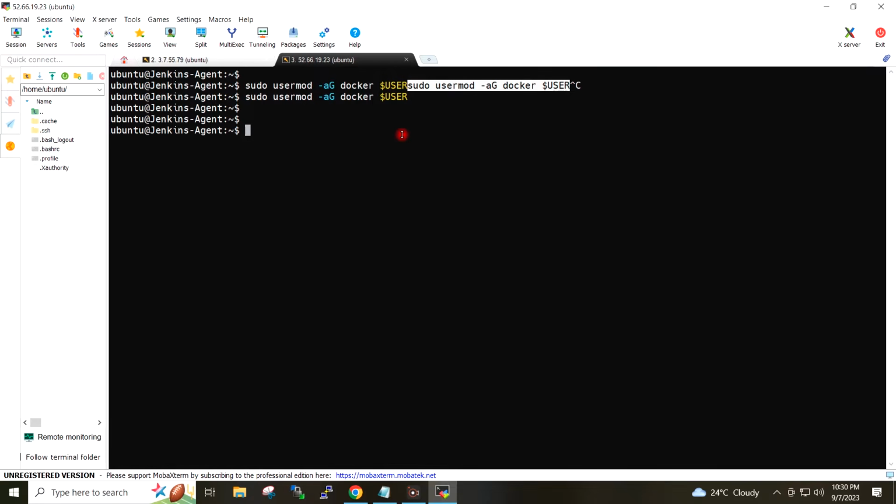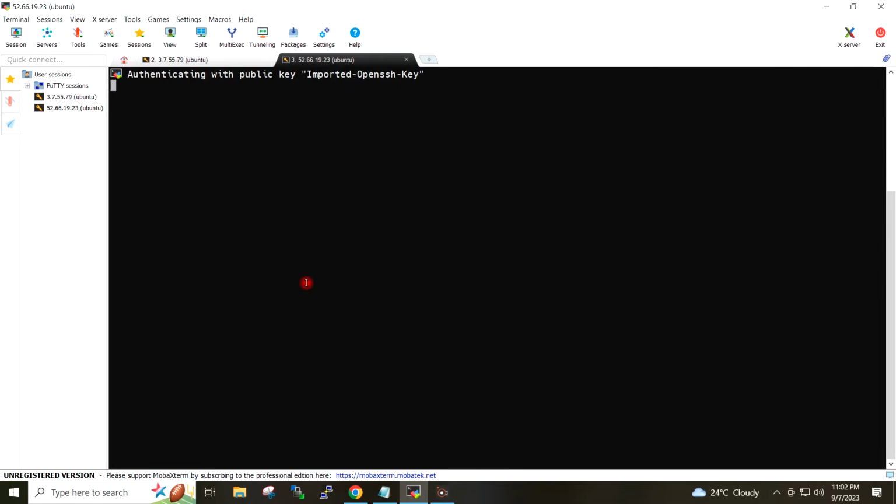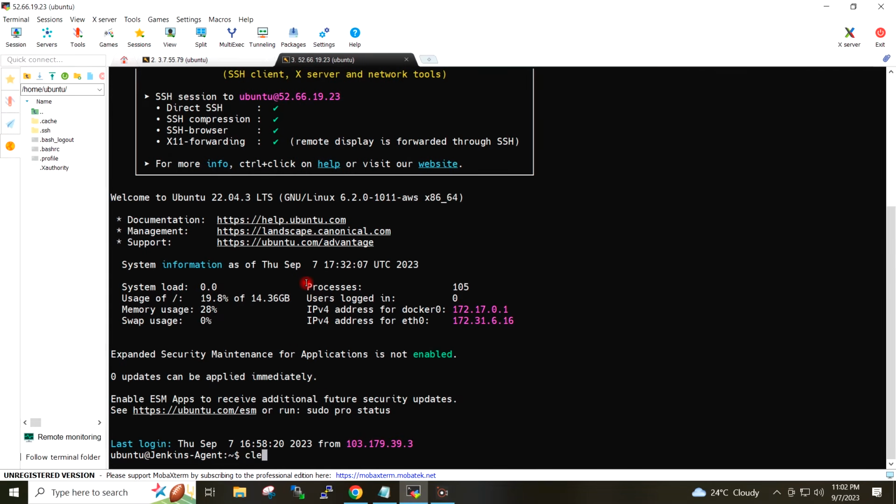So I have added my current user to the group docker. I will go ahead and reboot my system. Restart completed. I will reconnect to my machine.